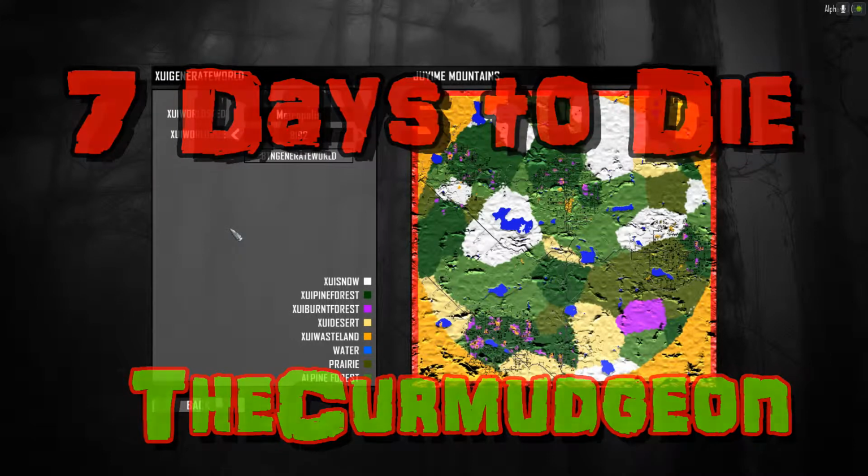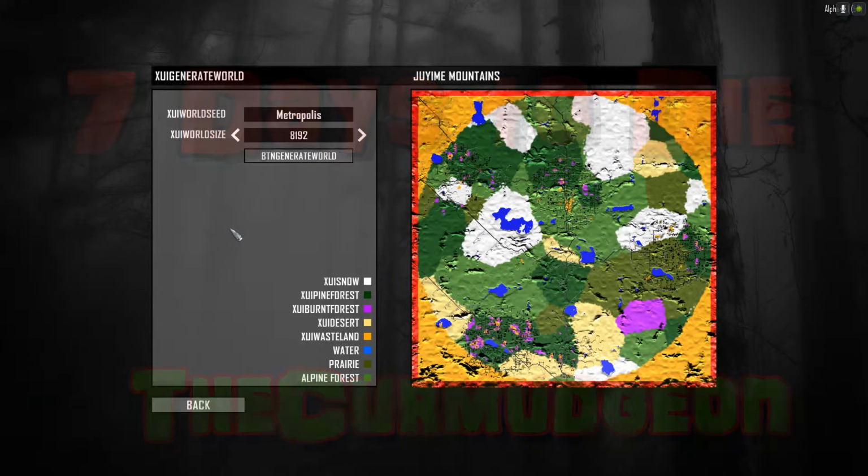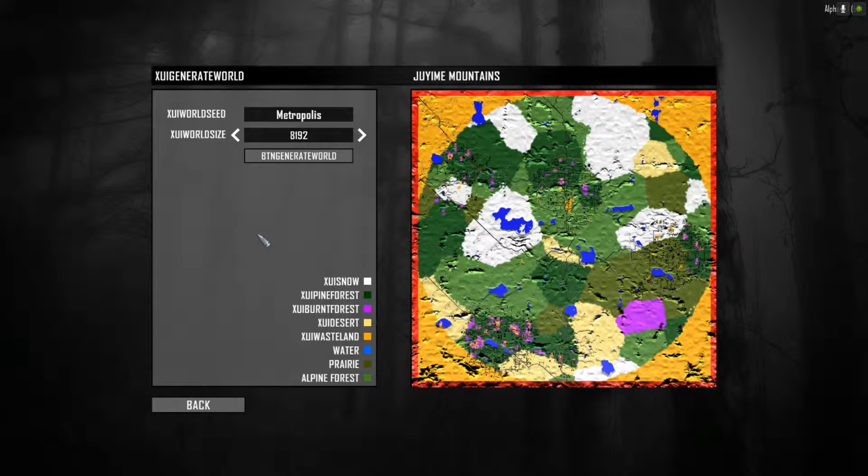Well, I see 17.2 has come out several times, and I guess there's an 18 they're talking about. But I wanted to look at some seeds I found on the forums. Now, these are generated in 17.1 B9, and I'm using the Wildlands Modlet that moves all of the